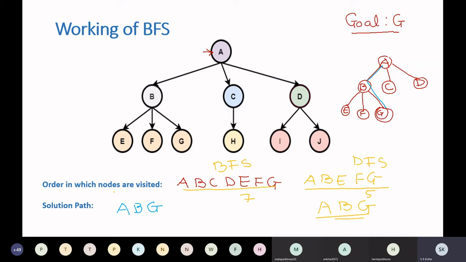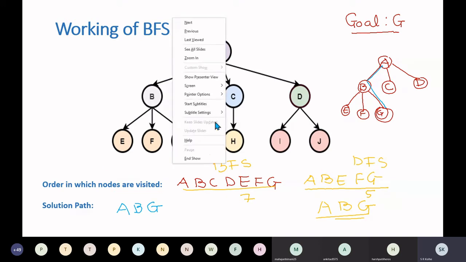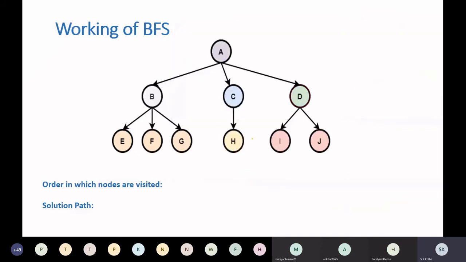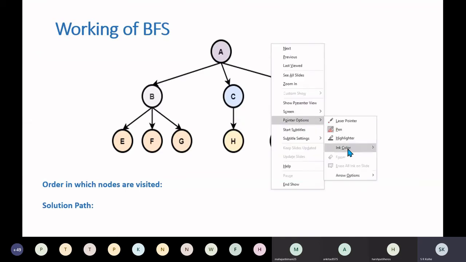Let us try out another example. Suppose your goal node is D, just like the previous case.